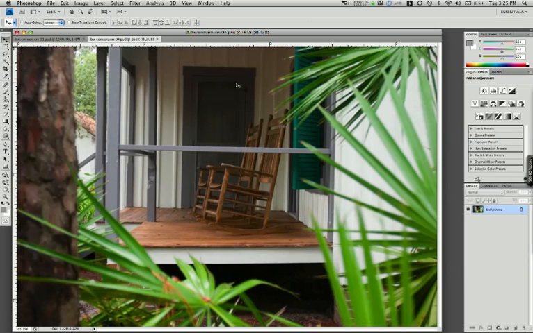It's really easy to make beautiful black and white conversions in Photoshop, and it's especially easy with Photoshop CS4. Let me show you how it works. I have a picture here that I'd like to convert into black and white, so I'm going to go over here to the Adjustments panel, and the black and white button is this one right here, so I'm going to click on it,